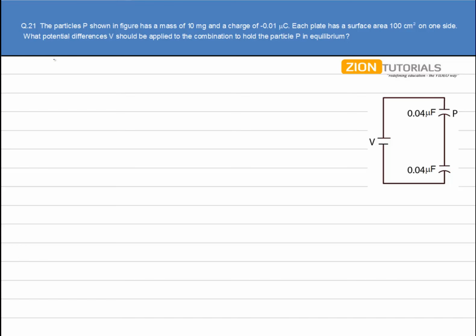The particle P shown in the figure has a mass of 10 milligram, that is 10 into 10 to the power minus 6 kg, and a charge of 0.01 microcoulomb, that is 10 to the power minus 6 coulomb. Each plate has a surface area of 100 centimeter square, 100 into 10 to the power minus 4 meter square on one side. Now what potential difference V should be applied to the combination to hold the particle P in